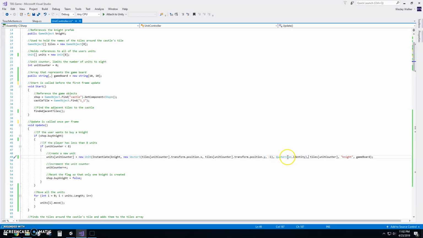And then this here, quaternion identity, it's a rotation value because people would want to instantiate these prefabs in 3D space. So since it's 2D, we don't want to have a rotation. Quaternion.identity is the rotation of the parent object, which in this case would have no rotation, it would just be flat. So